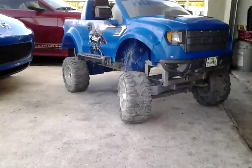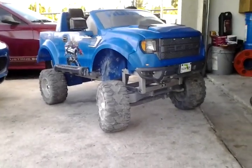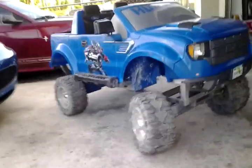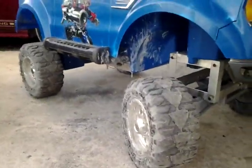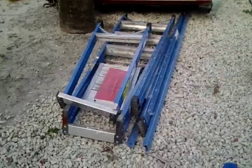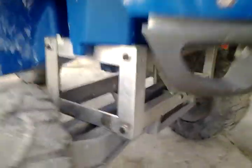Here's another video on my son's Ford Raptor Power Wheel, for people that wanted to know more about the lift kit and see a little bit more. It's a 6-inch lift. All I used were some ladders, these ones actually, with the fiberglass beams and the aluminum. I built the front with aluminum,